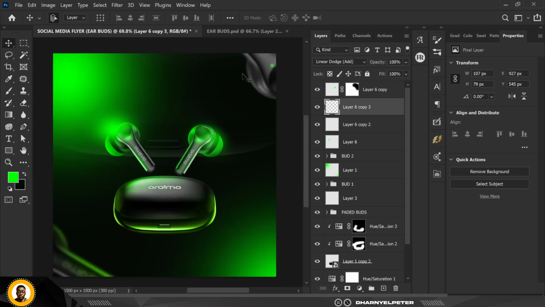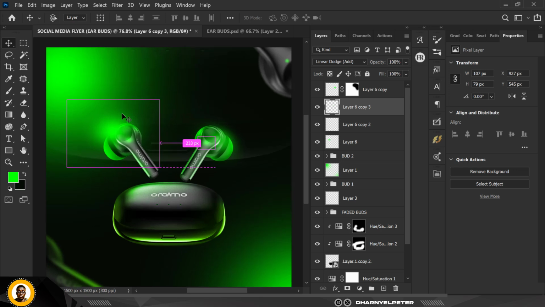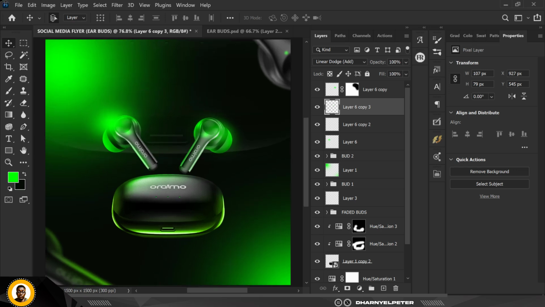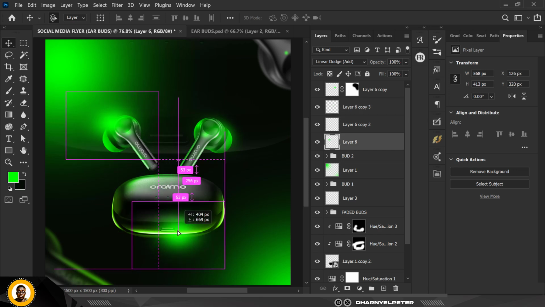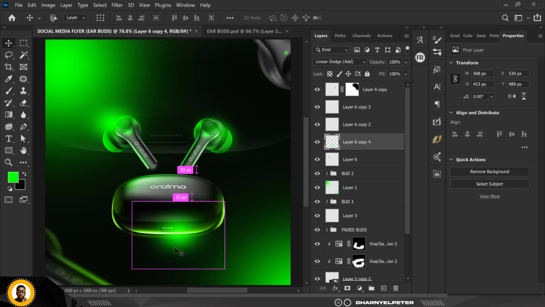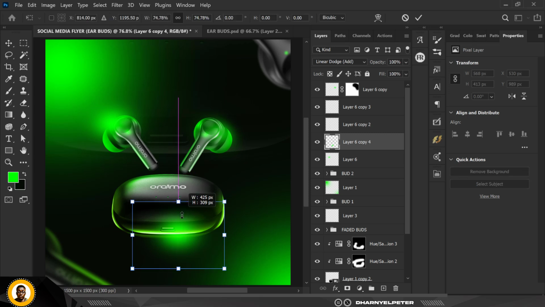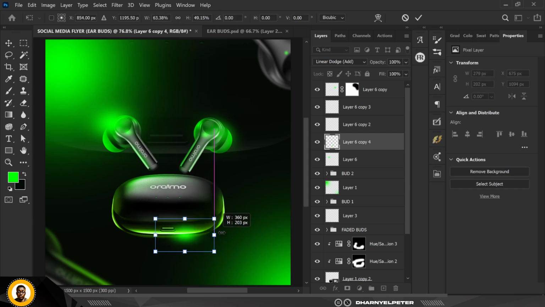And the next one I'm going to do is I'm going to come back here. Okay, let me create something. Okay, I'm going to duplicate this one, Ctrl J, and bring this down here. So I'm working with what has been created already. So hold down your shift while you reduce the size, not the alt. Hold down the shift,